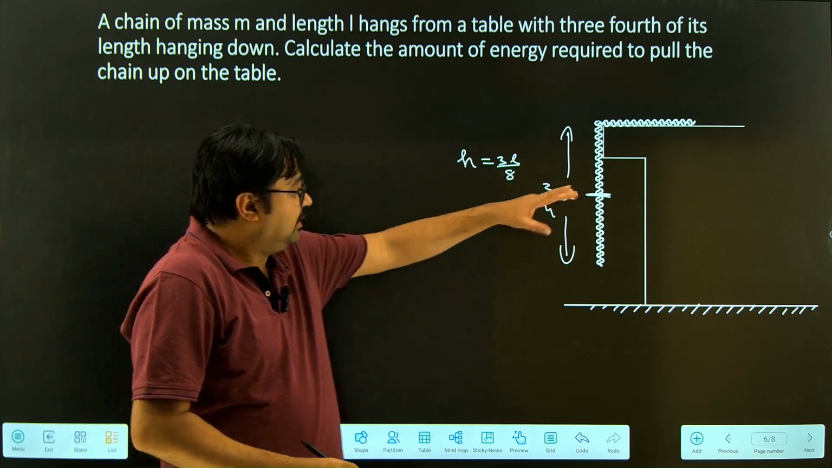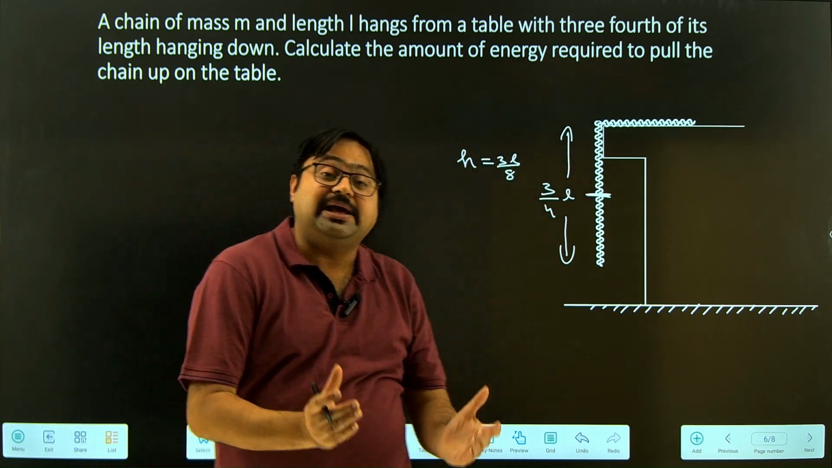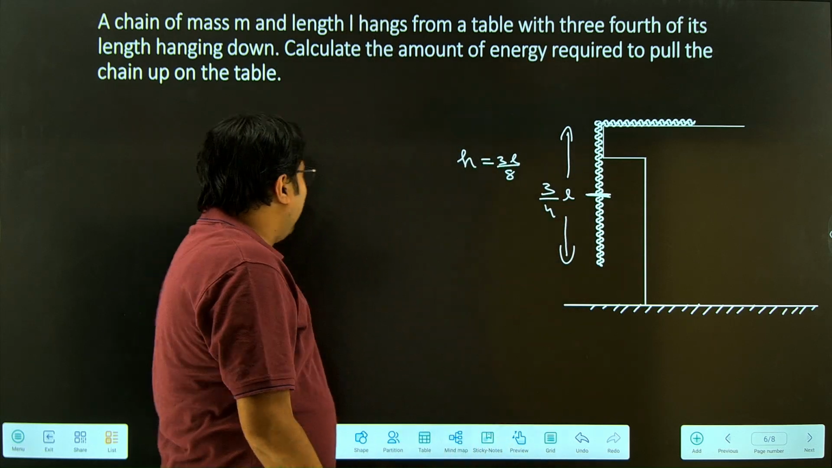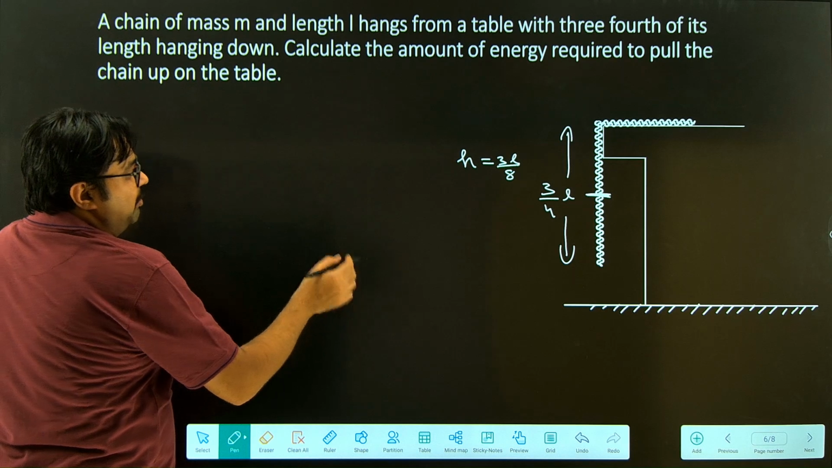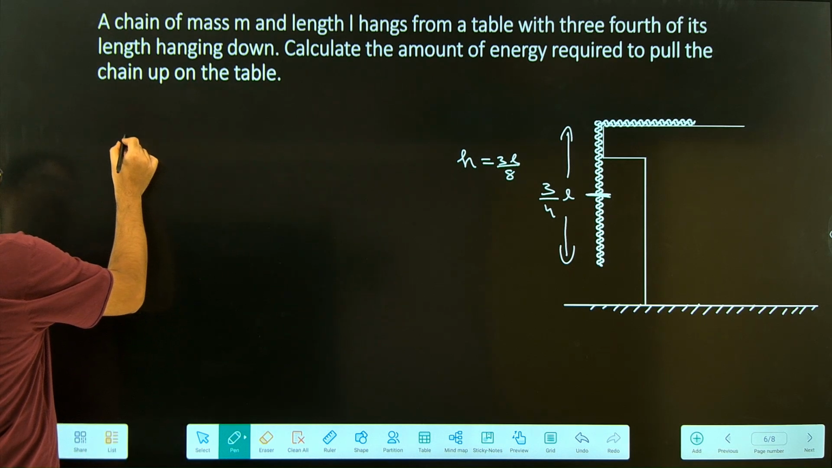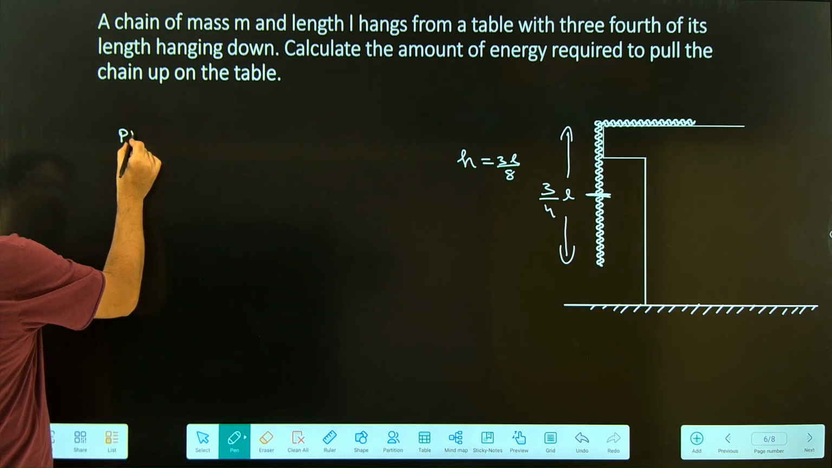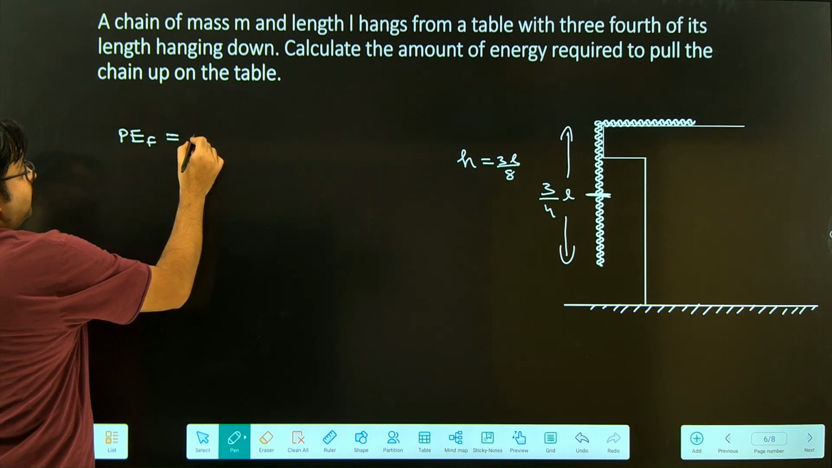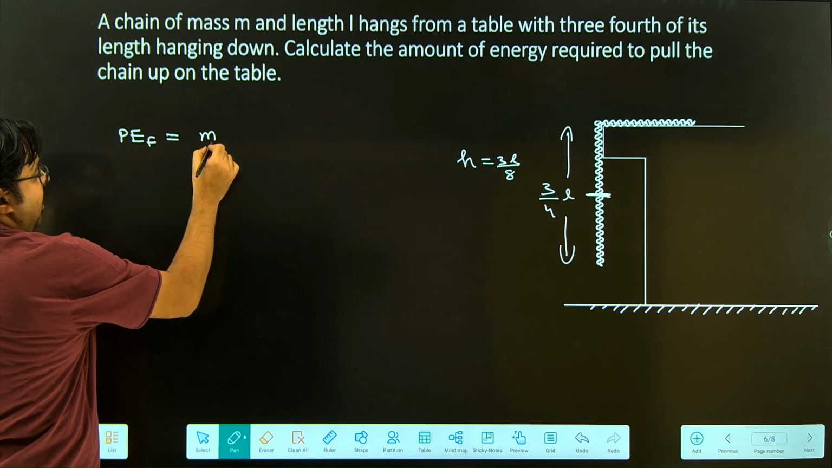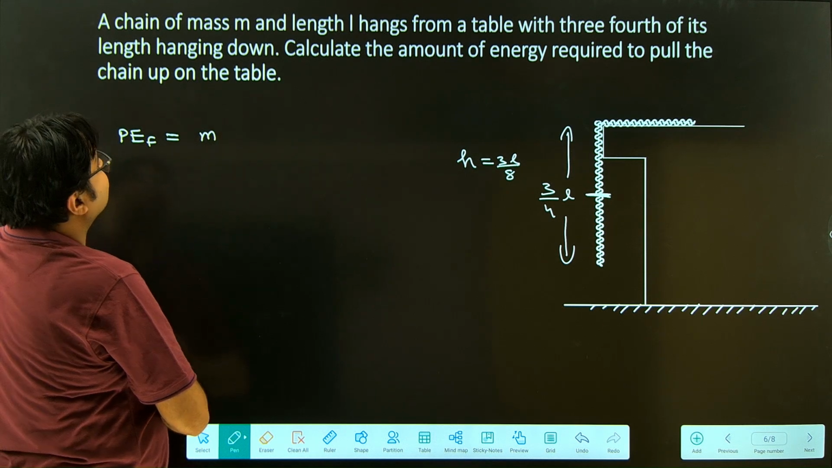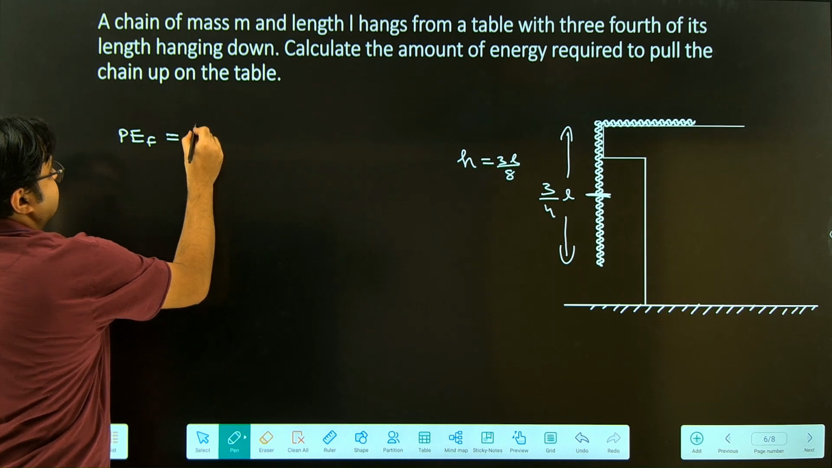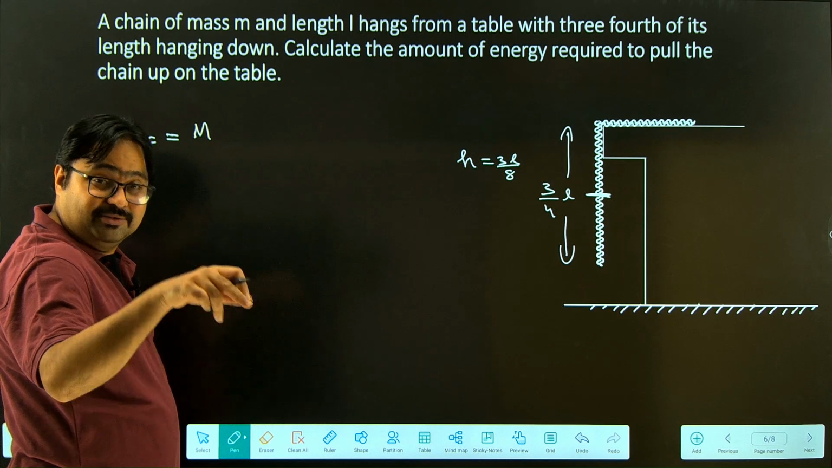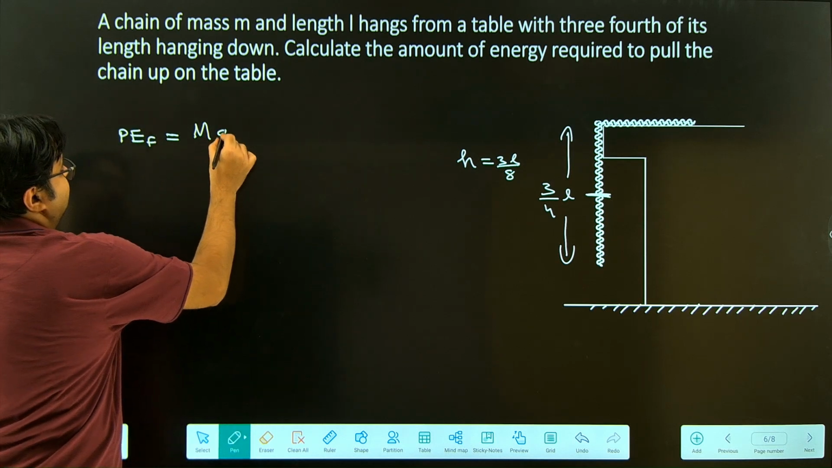That's the height by which I will have to lift it up, and when I lift it up, the potential energy would increase. And how much would be the potential energy? The final potential energy, I'll call it PEF, is the mass of the hanging part of the chain, I'll call that capital M, because the question says small m is the total mass of the chain. So capital M here is the mass of the hanging part of the chain, multiplied by g multiplied by